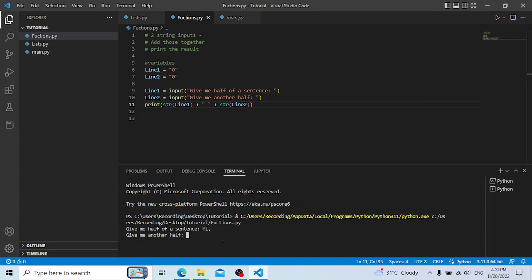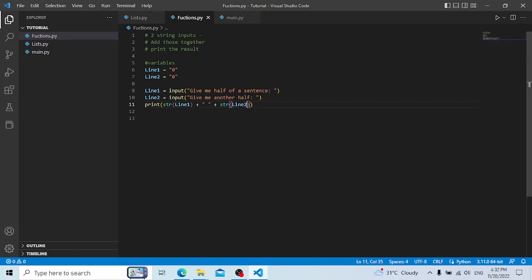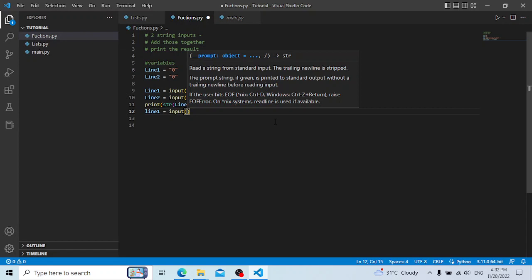Hi, my name is Ty. There we go. Beautiful, simple. It adds it together. Now say that this is not the only thing that I want to use this for. So then I want to, for example, set line 1 as input to, as an example,